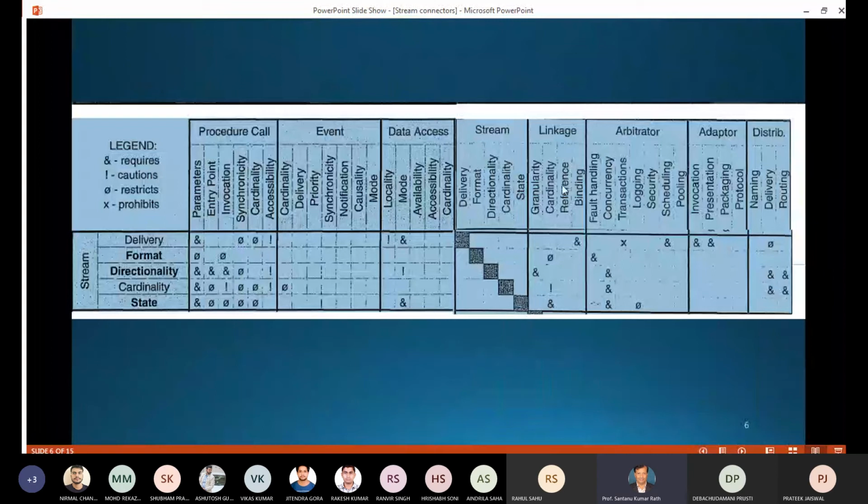Granularity means either your data is fine grain or coarse grain, meaning either you are using a small part of data to pass from one server to another, or you are using some large amount of data. So directionality requires granularity. And all others are not mandatory. You can use it for granularity, the same for cardinality. In the linkage case, cardinality defines whether it is providing that kind of linkage, or whether it uses that kind of linkage.